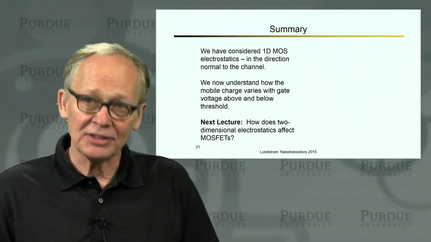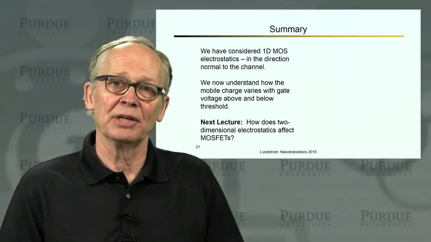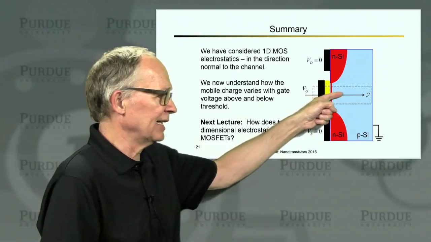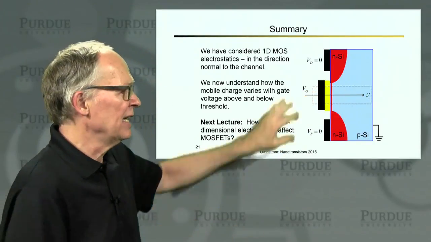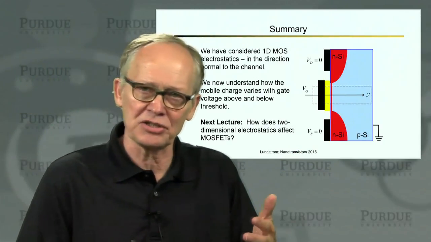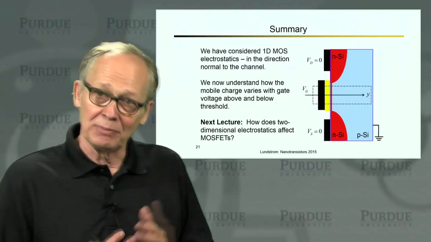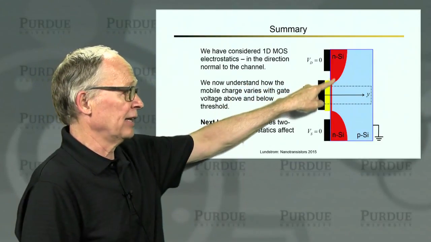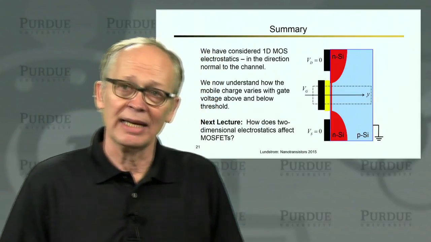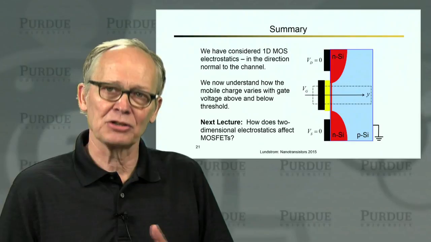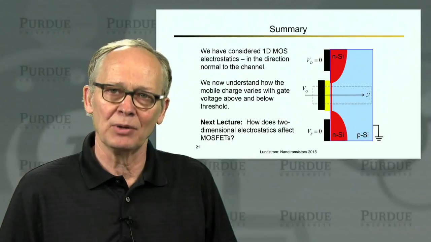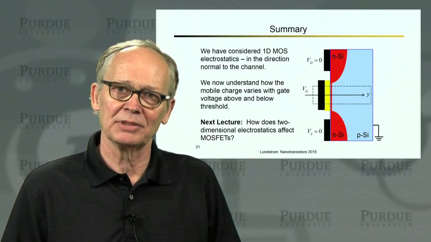Now, in our next lecture, we're going to need to address 2D electrostatics. We have been talking about the problem of electrostatics in the direction normal to the channel, ignoring the fact that we've got a source and drain here, and there are electric fields due to the depletion regions on those structures. Okay. But in modern transistors, this channel length is very short, and we cannot ignore the presence of the source and the drain. We have much more complicated 2-dimensional potential profiles, and that's the very important topic of 2D MOS electrostatics, and that will be the subject of the next lecture.